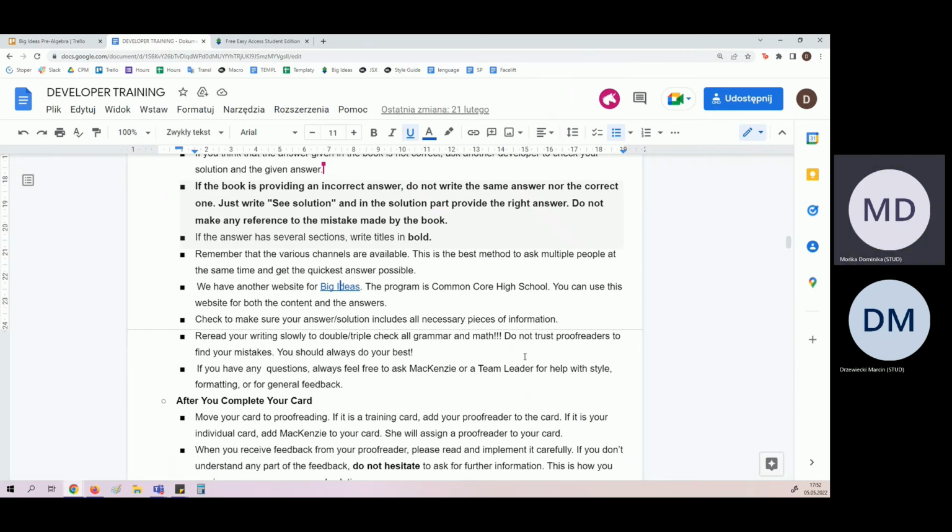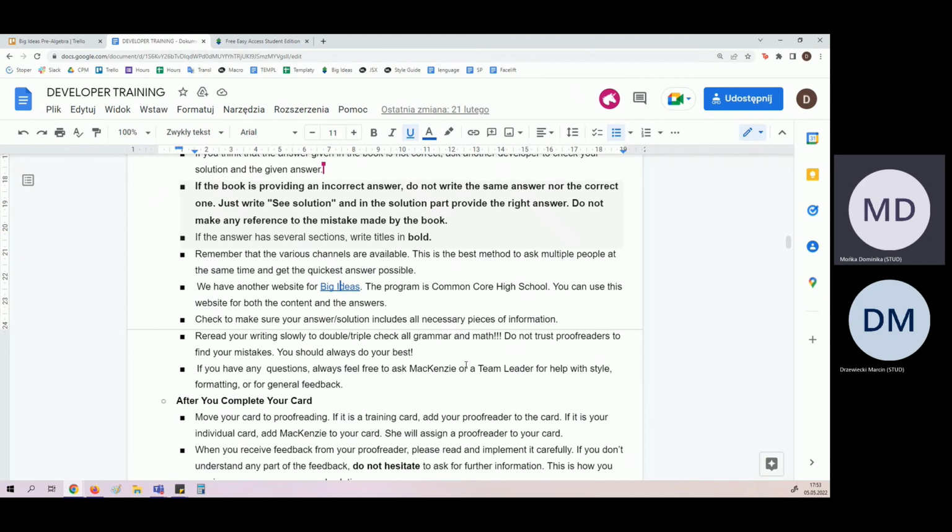And we should never think in a way that, oh, I don't know actually how to write it. I will leave it like this, and maybe a proofreader will find a mistake. No, we should never do this, because proofreaders are also people and they cannot spot all mistakes. So whenever we have some doubts, it's better to ask than to just leave it as it is and trust